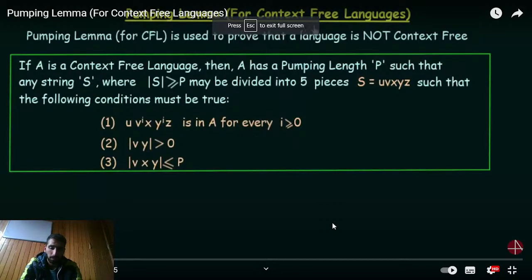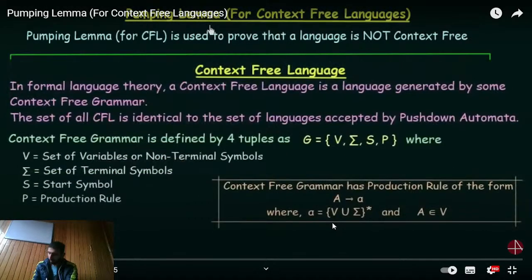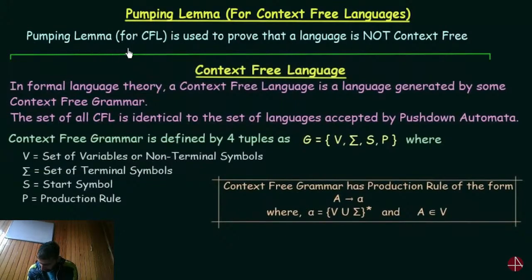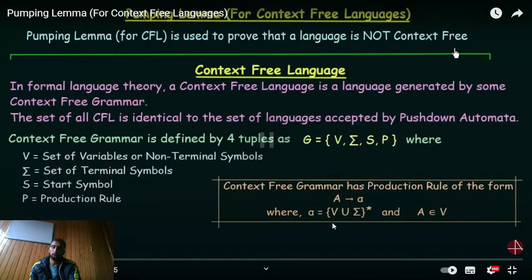Pumping lemma for context-free languages. So what is a pumping lemma for context-free languages? Pumping lemma for context-free language is used to prove that a language is not context-free. So if you remember, we have already studied about pumping lemma for regular languages, where we use the pumping lemma to prove that a given language is not regular. So if you have not watched that video and if you need to